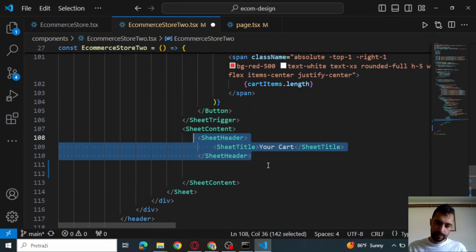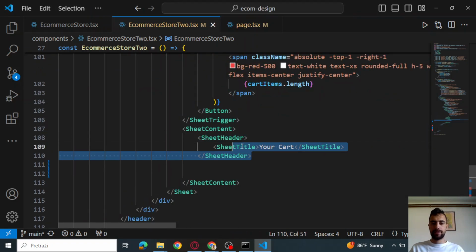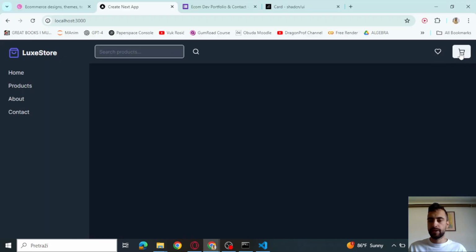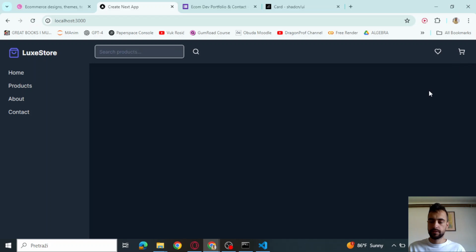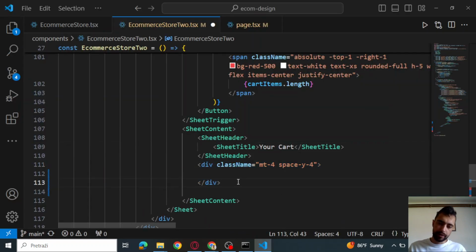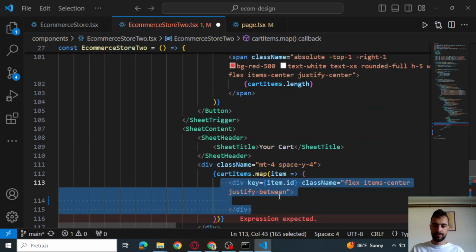Sheet content, sheet header, your cart. So immediately if I just click here, it should open this, just wait for it to load. Okay, so we have this is a sheet. Then let's go div, cart items map,